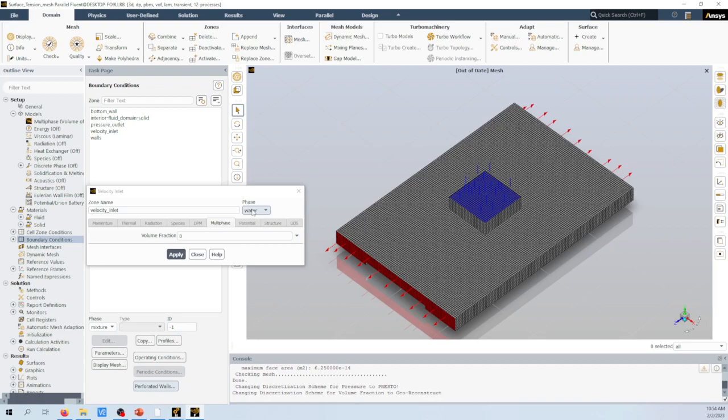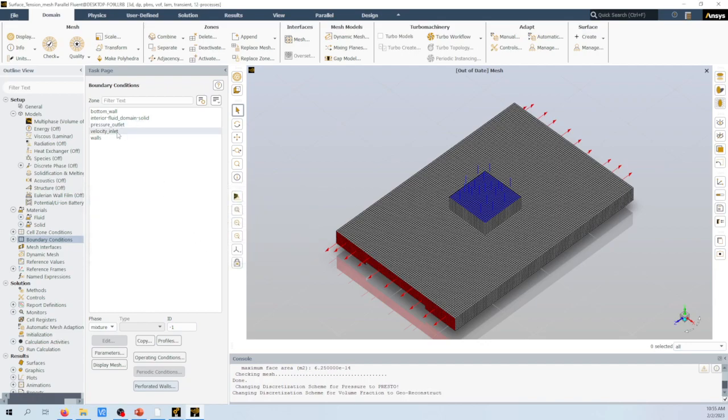So we go to the water secondary phase. All volume fractions will be defined in terms of the secondary phase. So volume fraction 0 equals no water. Volume fraction 1 means there will be water sitting directly on top of this opening, pressure inlet, velocity inlet. So now that they are defined there,